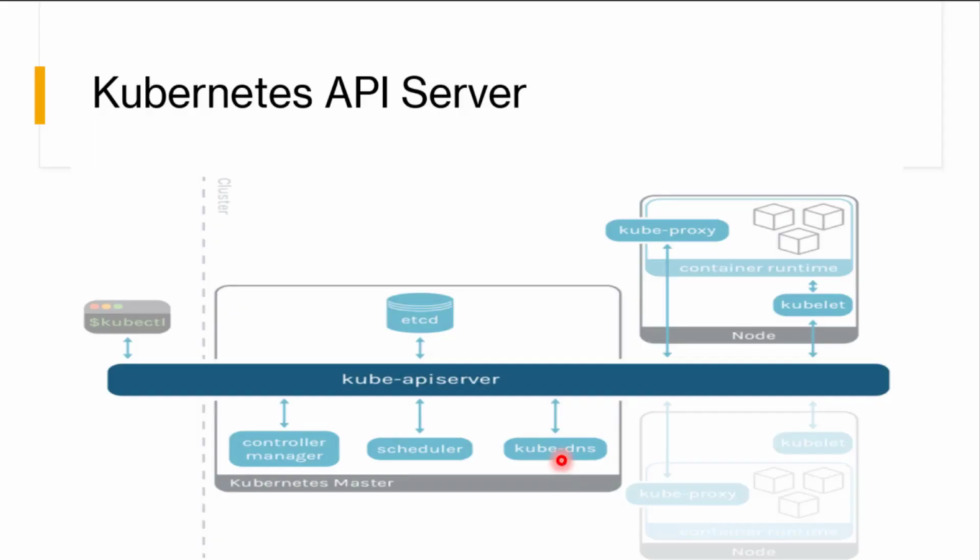Okay, so in this video we are going to talk about the Kubernetes API server. The Kubernetes API server is central to the operation of the Kubernetes cluster. All calls, both internal and external traffic, are handled via this agent. As you can see in this diagram, the nodes, etcd cluster, and kubectl client are all connected to each other via the Kube API server. It is also known as the heart of the Kubernetes cluster.